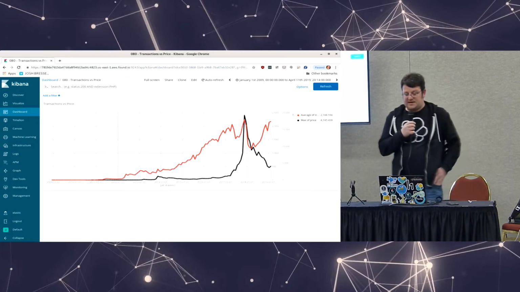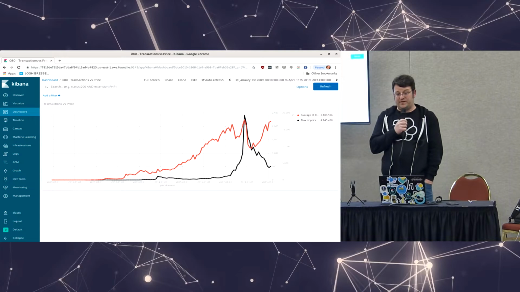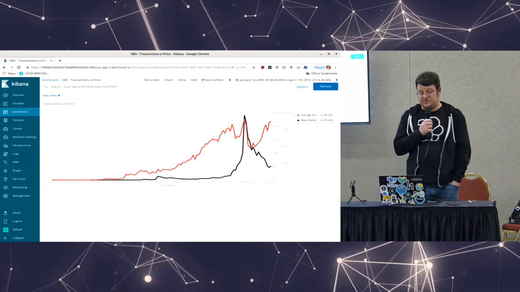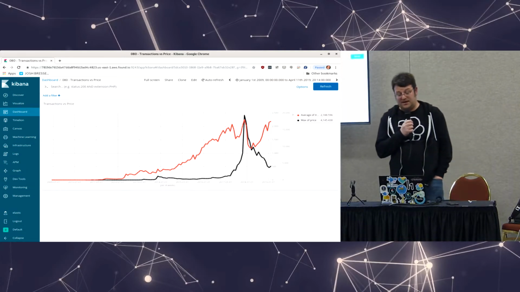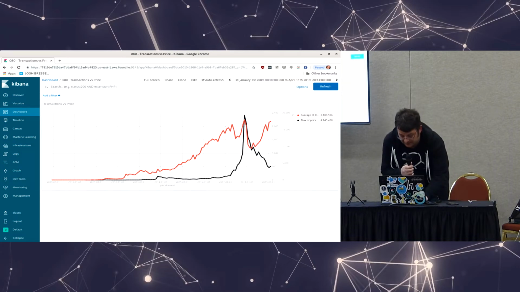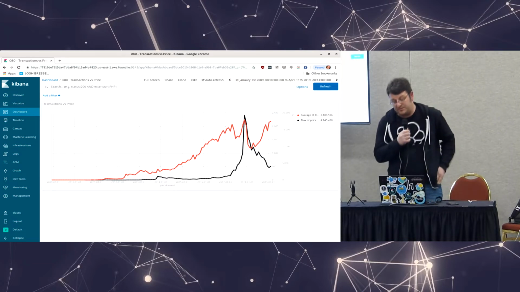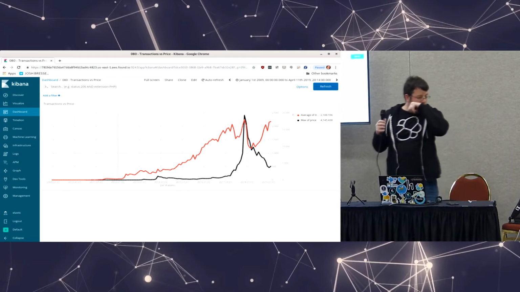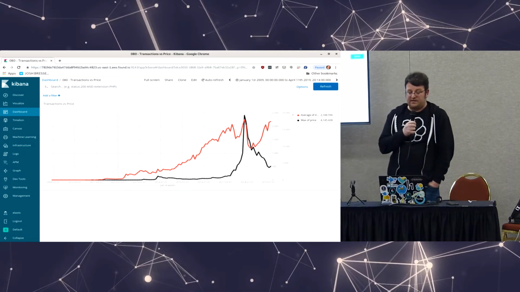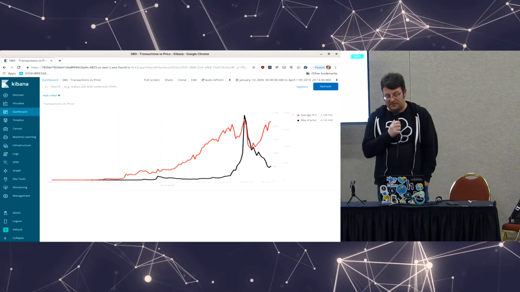Now, if we're looking at transactions, this graph makes way more sense. The red line is the average number of transactions, and the black line is the price. To give you an idea, we've got a peak. The transactions like 22.53, give or take. Max price is about 20,000. So it would seem that the number of transactions in Bitcoin is more dictated by